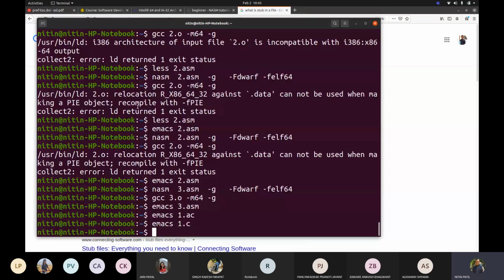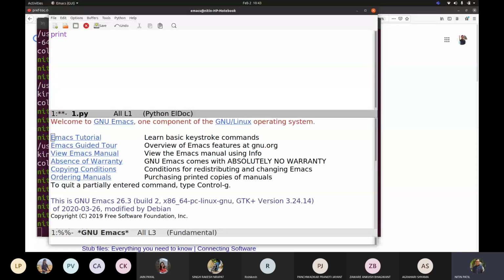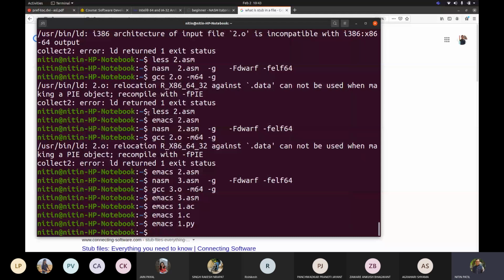If I go to Emacs 1.py and use some function here, suddenly it changed because it is talking about Python. Now how is it dependent on the extension that I am adding, or is it reading something else?